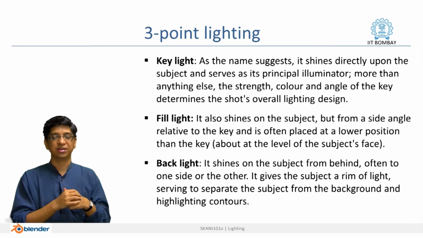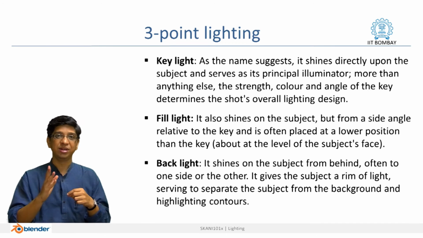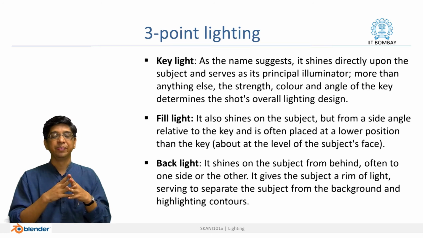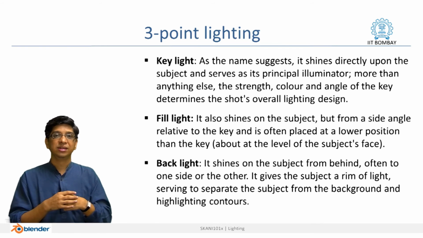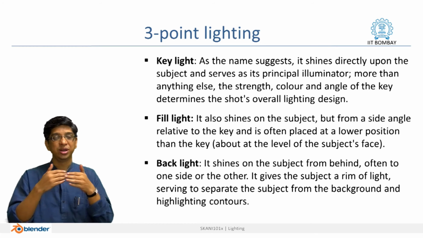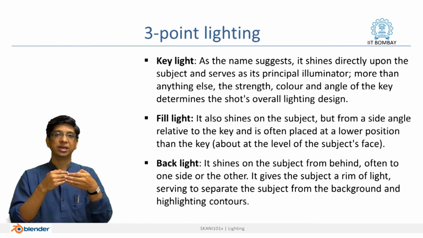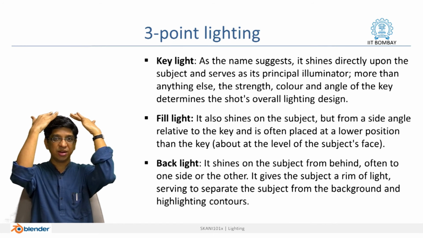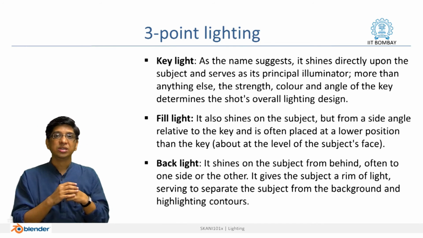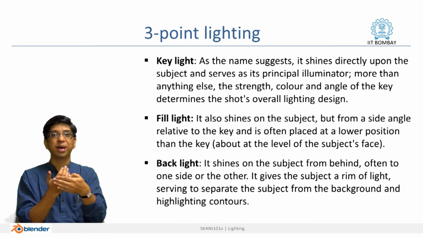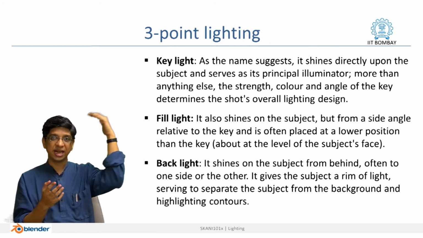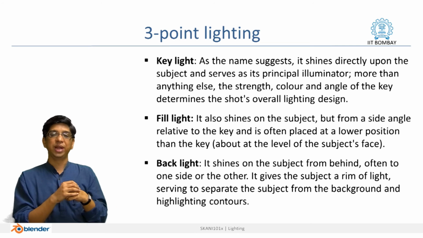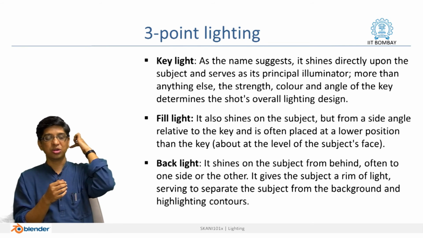But there is a third light here which is often used creatively by the lighting men, and that is called the backlight. Backlight is the light which helps you differentiate the object from the background. It also helps to create this contour, the light which falls here and creates a contour so that you can differentiate it very well from the background. Backlight is typically placed slightly higher, so that it can just throw light from the top and get this contour also. However, all these things I am talking about are for a character or a human being being shot.